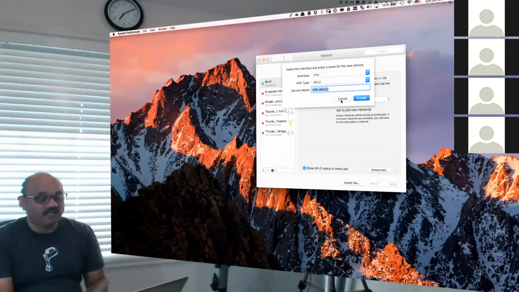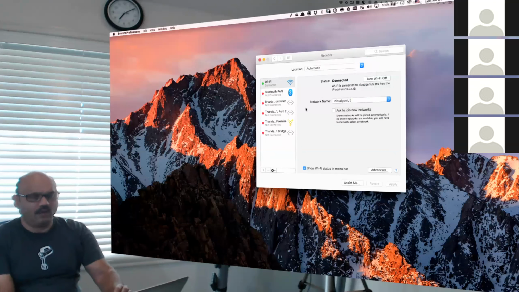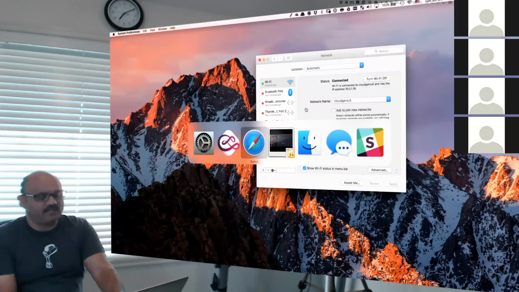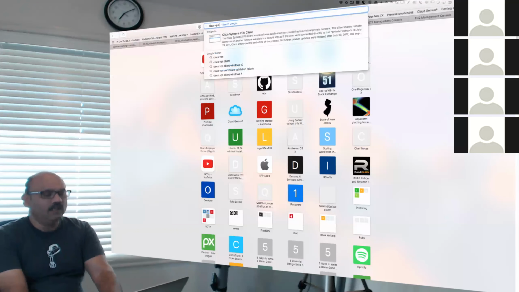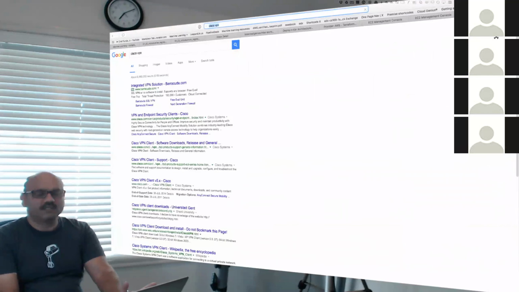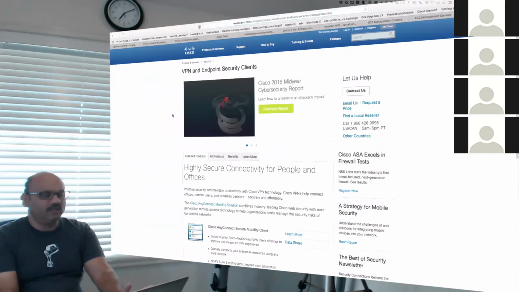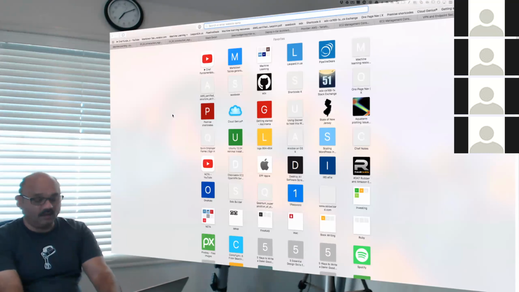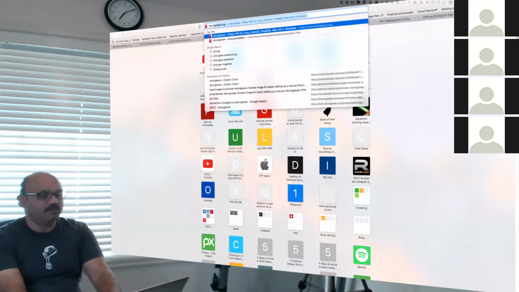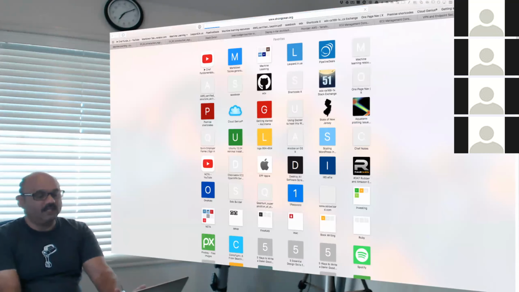Now, having said that, these are commercial products, primarily. Not necessarily, but primarily they were commercial to begin with. Like the Cisco VPN is well known, most large companies use it already. And so you have to pay money for it. Instead, if I want to use the same technology, I would use this open source product, which has basically implemented the same in open source.